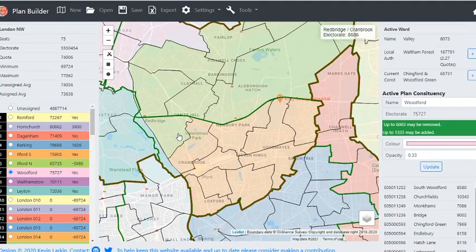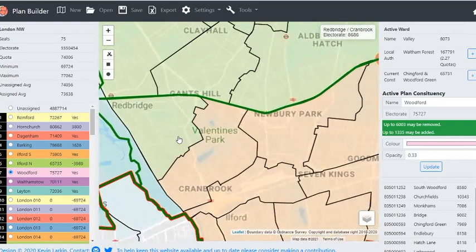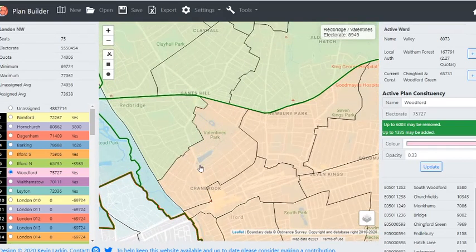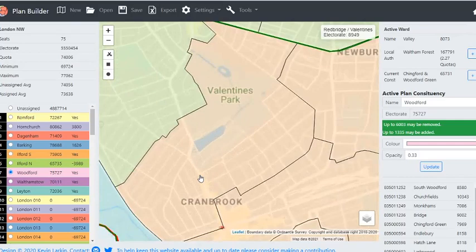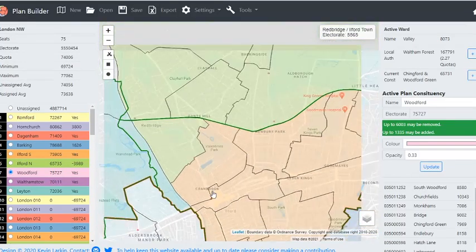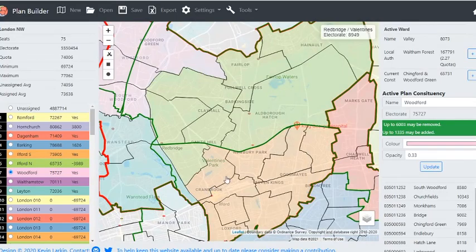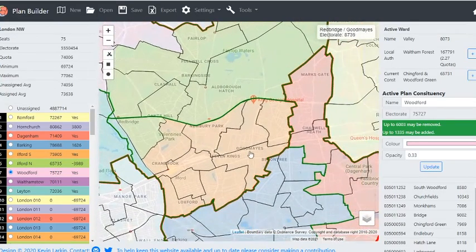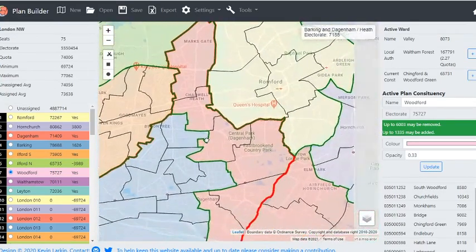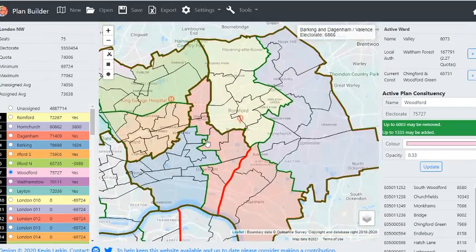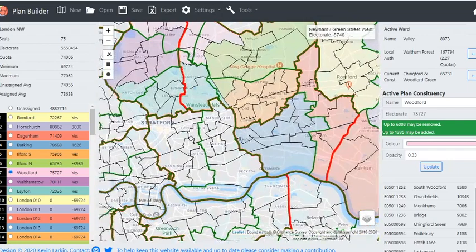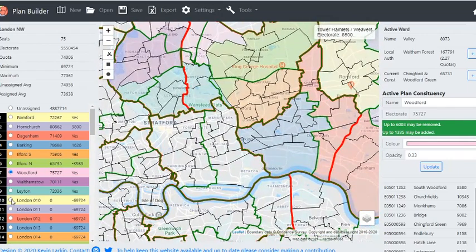Alternatively, it looks like Ilford North could take a bit out of Ilford South, maybe chop this bit down here, west side of Valentine's Wood. That's possible. So that's 3 split wards already. Okay. And then